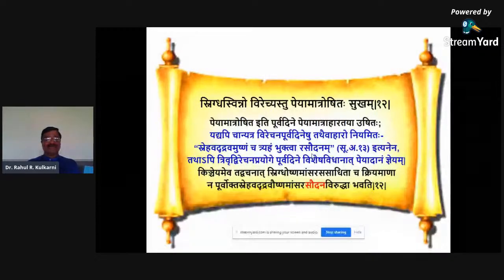Because here we are not desiring Kapha Utkleshana or Pitta Udreka, it has to be given with Laghu Ahara. And overnight, after the digestion of the food, in the early morning, this Virechana has to be given. Peya matra ushita iti purvadine peya matra aharataya ushitaha. Clearly he says, peya matra ushite means on the earlier day, the person has to be kept on Peyadi Kalpas or Pathya Kalpas, which are light to digest, and by next day morning, it gets completely digested.